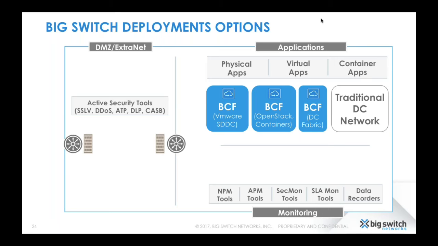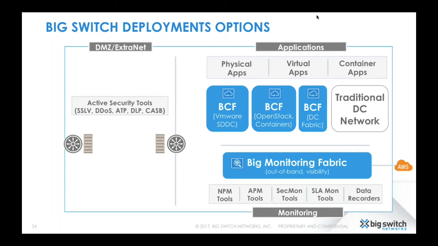next to the traditional data center network, with the ability to connect through their three core routers to interact between legacy and SDN-based Big Cloud Fabric. This infrastructure can be monitored, whether it is SDN-based, leveraging Big Cloud Fabric, or a traditional box-by-box network. That entire infrastructure can be monitored leveraging Big Switch's Big Monitoring Fabric, which provides a way to aggregate span and tap traffic, the out-of-band traffic, to provide a variety of monitoring needs through our partners who provide monitoring tools